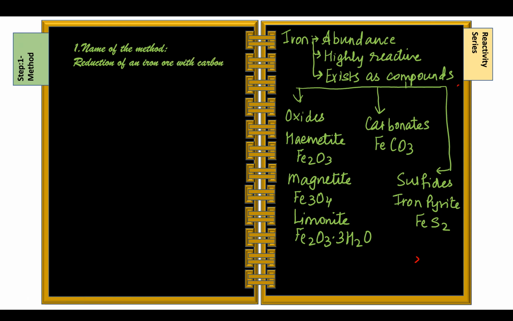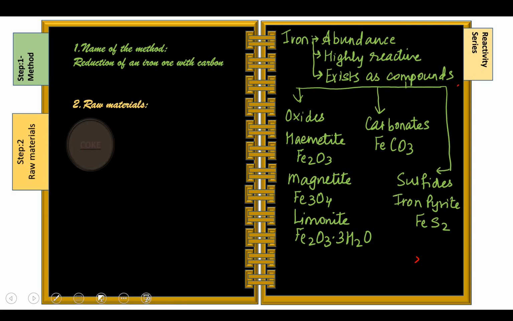Okay, second thing, we know the method of iron extraction. Now what we are interested in is what are the raw materials that we'll be needing. Well, the process name I'm going to reveal later. Okay, and even the unit I'm going to show later. So now I'm going to talk about the raw materials. So what are the raw materials? So there'll be three raw materials that I'll be showing here, and the first raw material is going to be